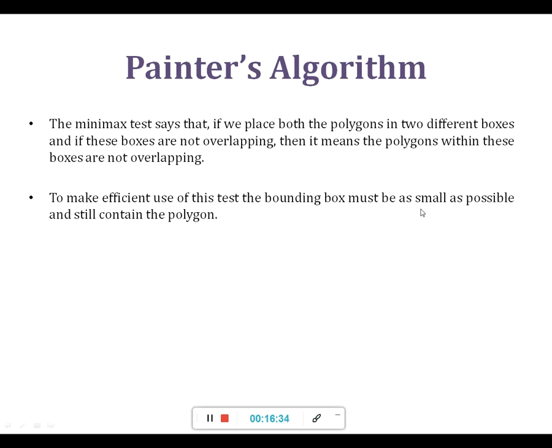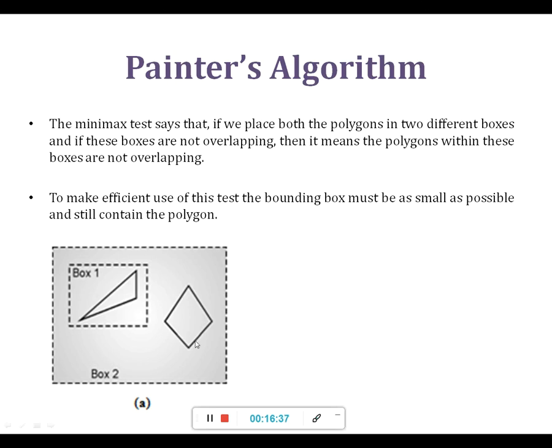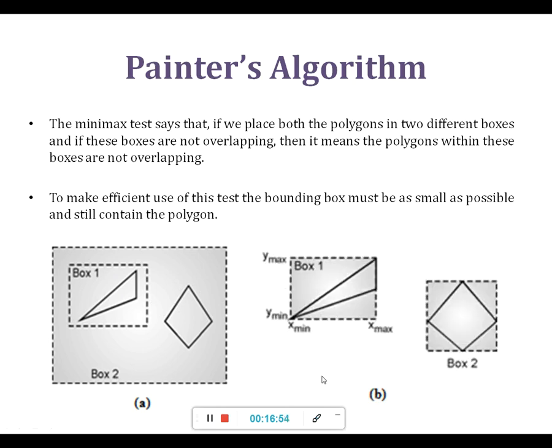Okay, so here is the diagram. We can see that we have plotted two boxes here, box 1 and box 2. But box 2 is containing box 1 also, and this should not happen. We need two separate boxes for these two polygons. So how can it be done? The boxes can be as small as possible. You can see here, box 1 can be made small enough that it contains the whole polygon, and we have made it as small as possible.